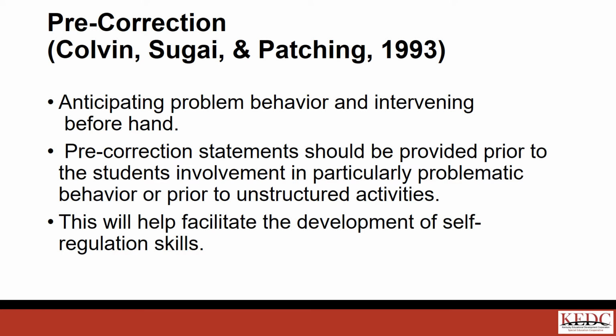Pre-correcting is an antecedent strategy you can use to tell and remind students of behavior expectations before potential behavior problems occur. A pre-correction tells students how to approach a new task or situation. When you deliver a pre-correction, you identify what may be challenging and explicitly teach the correct responses using action-oriented language. For example, if you're going to the first school assembly of the year, you might say, I know this is our first assembly. We're going to be active listeners during the presentation by staying quiet when the speaker is talking.